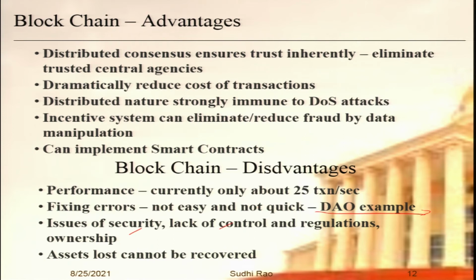If somebody commits fraud on Bitcoin, they take away my Bitcoin, do not deliver the product. What is the recourse? I cannot go to courts because it is not recognized. There is no central authority governing that, making sure that the contract is honored. So, the lack of control, while it can be advantageous in some situations, many times it turns out to be a disadvantage. And there are lack of regulations, who maintains, what is the ownership,